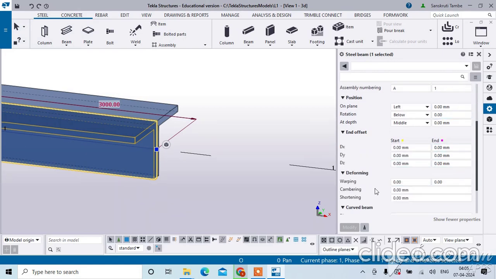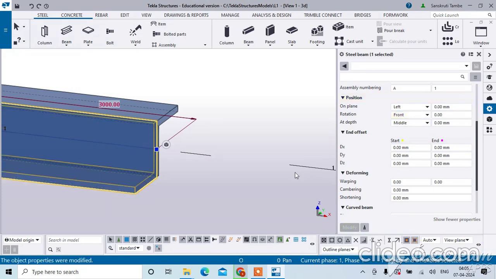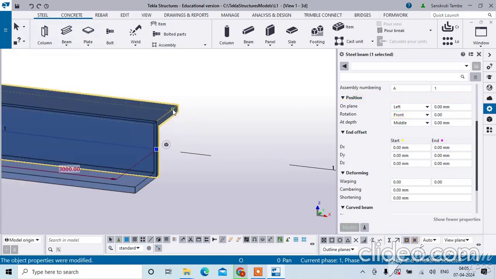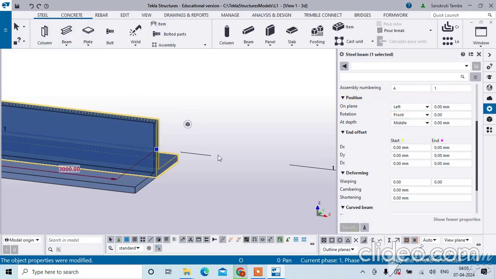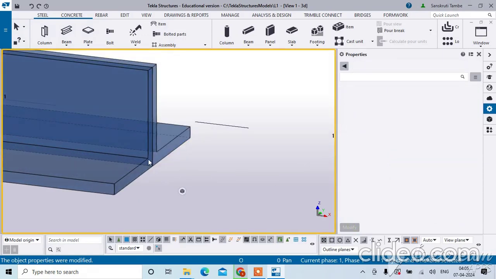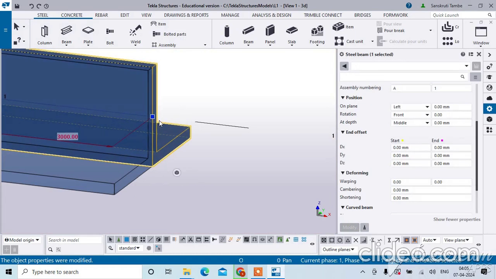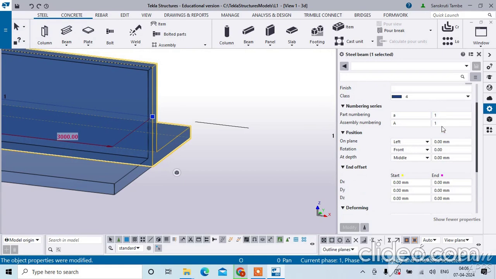Suppose if I am changing this rotation to front, you can see this gets changed to front. Now similarly if I change the rotation of this to front, now these get changed. Again, if you want a gap between these two, for example, then I will just move these beams by giving